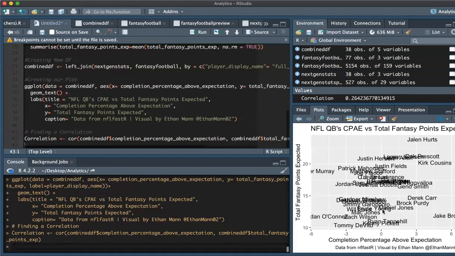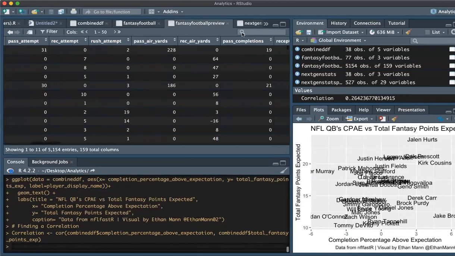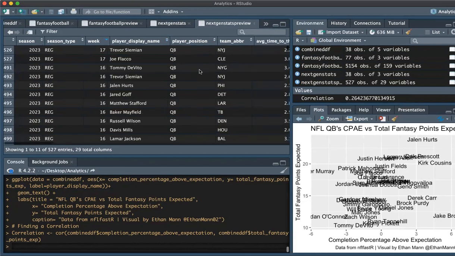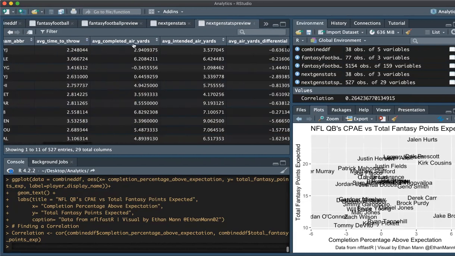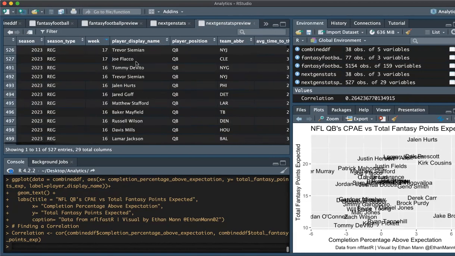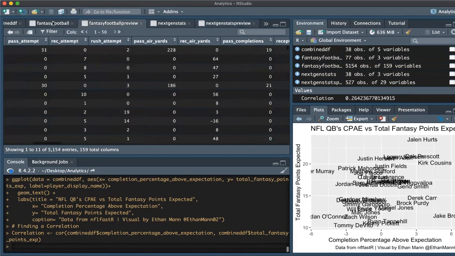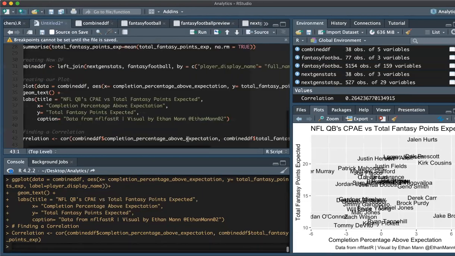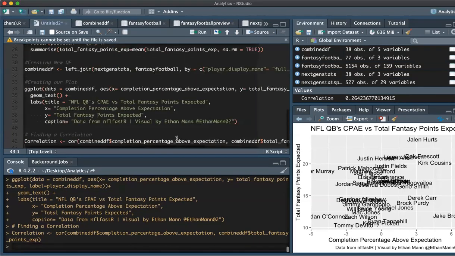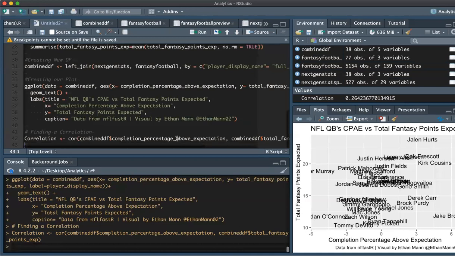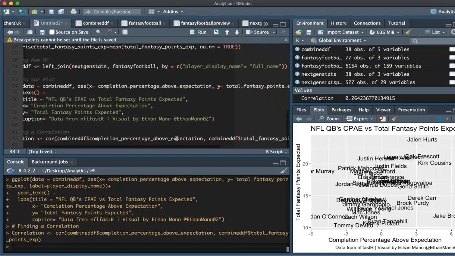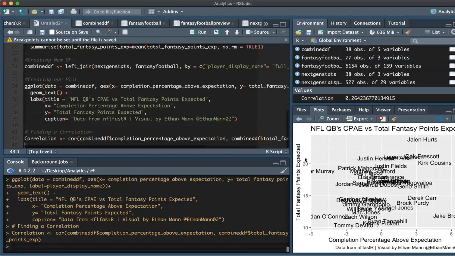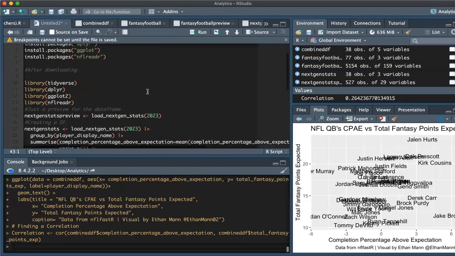If you want to look at, just off the top of my head, maybe something like average completed air yards, that'll probably show more of a correlation. Just trying to give you guys something to work with, to play around with, just to figure out if there's a correlation. Definitely use different variables for that. And that is kind of what we have shown so far. So there really isn't much of a correlation, but it gives you an opportunity to create a data frame,